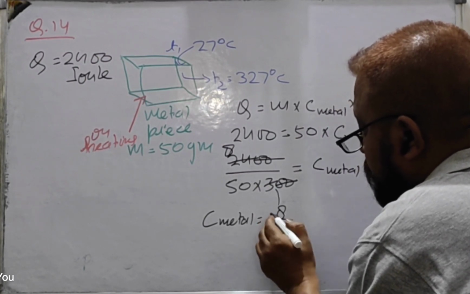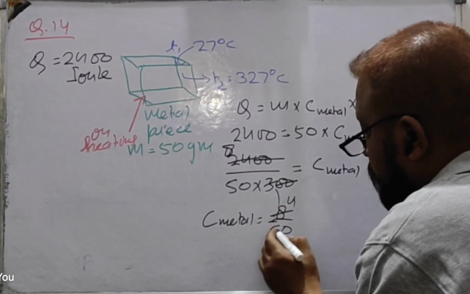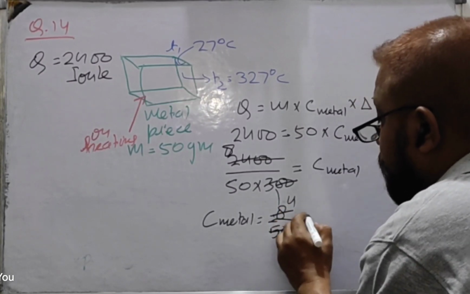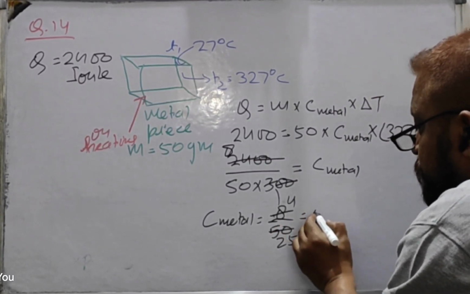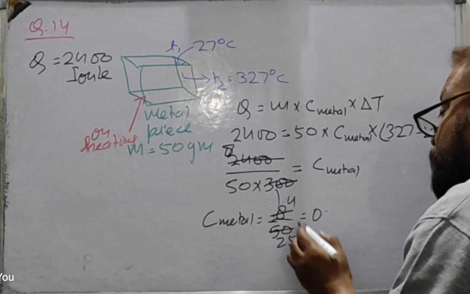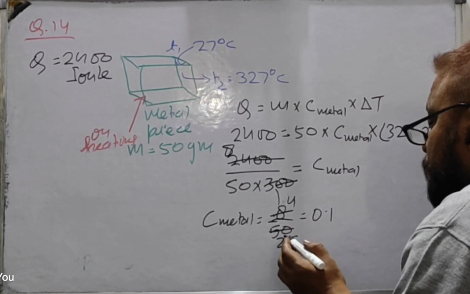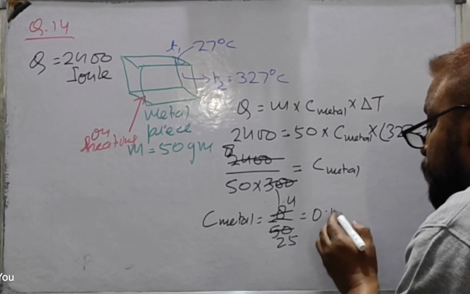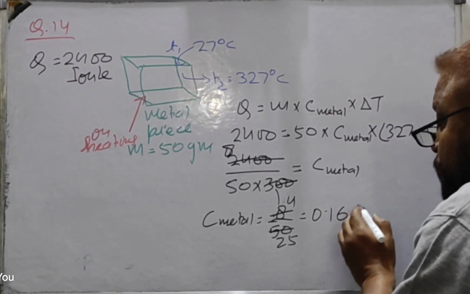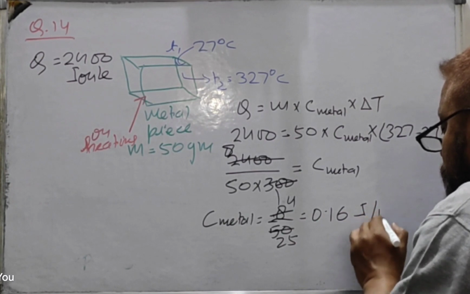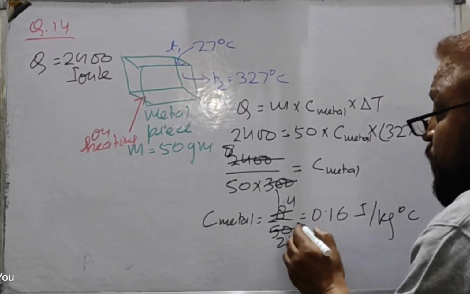So 2 4s are 8, 2 25s are 50, then 4 upon 25. 0.1s are 25, and 25 6s are 150. It's 0.16. So the specific heat capacity of metal is 0.16 joule per gram per